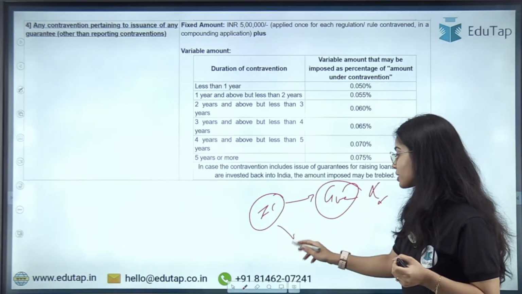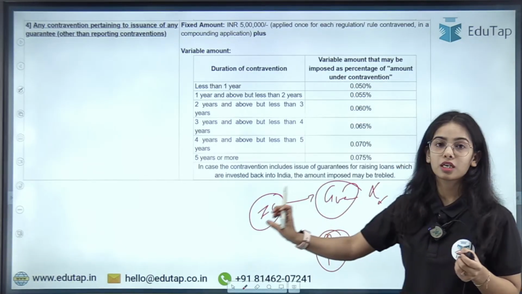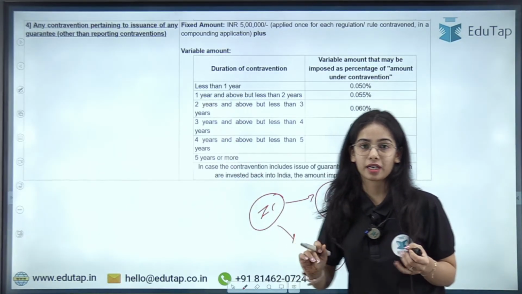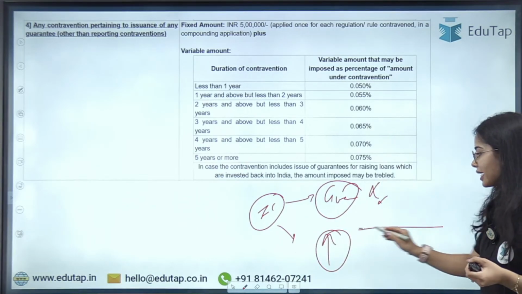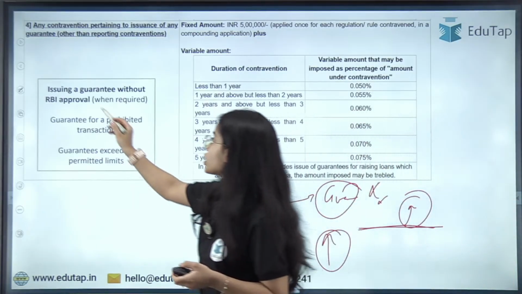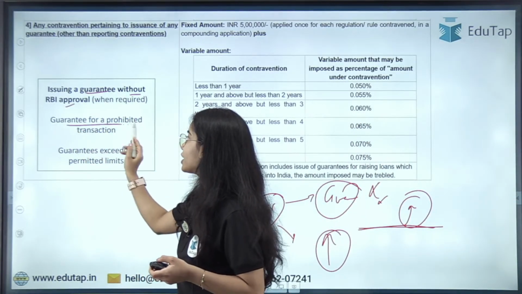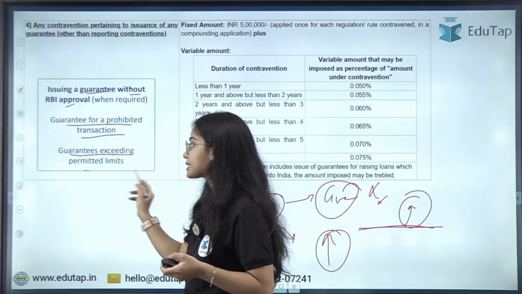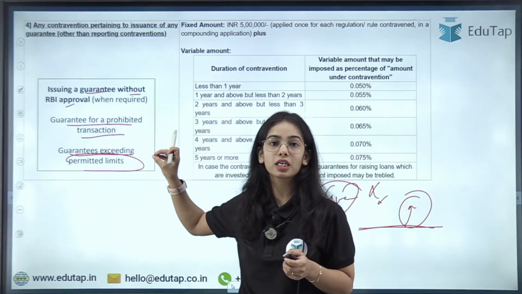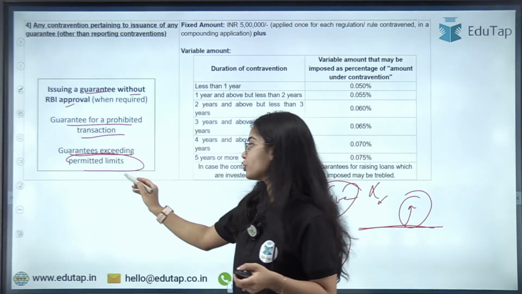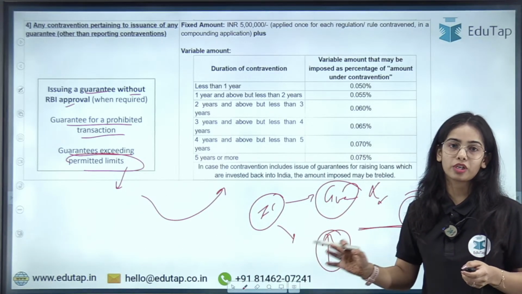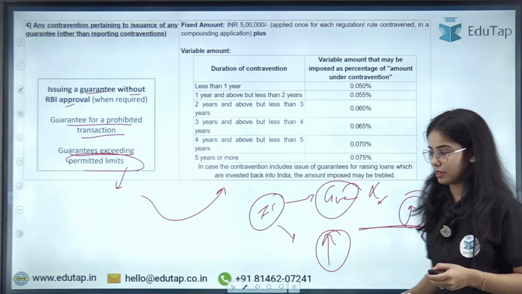Let's say the guarantee has been given of a higher amount than permitted by the RBI, or as permitted under the FEMA Act. So FEMA Act has permitted certain guarantees, but you are giving a higher amount of the guarantee, so that is also a breach. Okay, so issuing a guarantee without the RBI approval, or a guarantee for a prohibited transaction, or guarantees exceeding the permitted limits. So if you are giving guarantees that are not allowed, or that exceed the permitted limit, then if you are voluntarily accepting your mistake, you will have to pay the compounded amount to settle the contravention. Okay, next is,